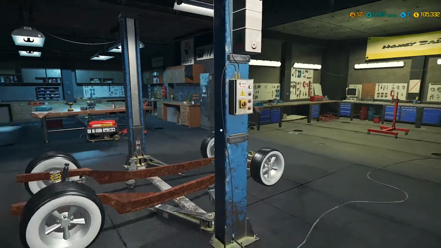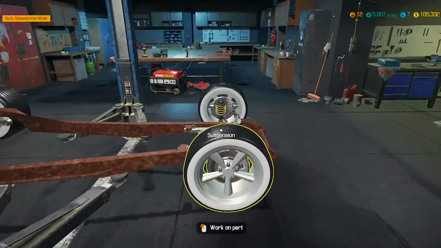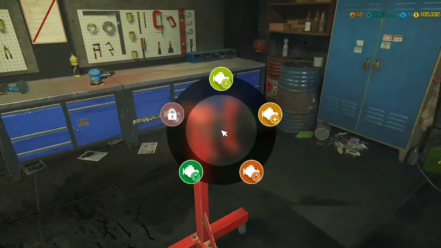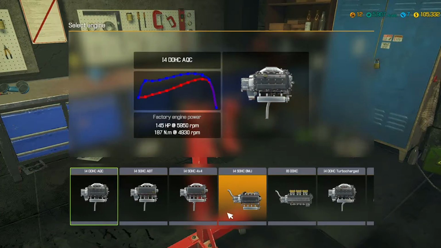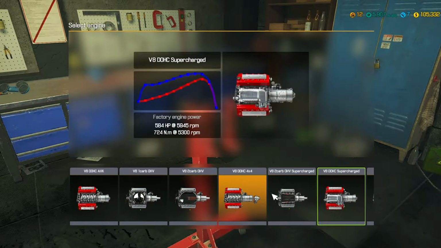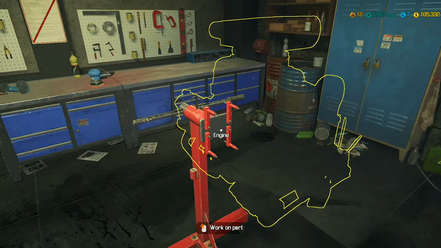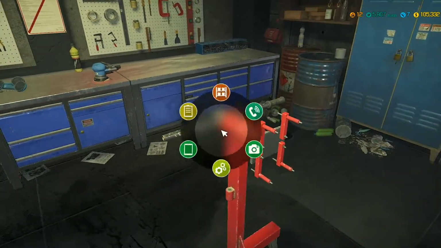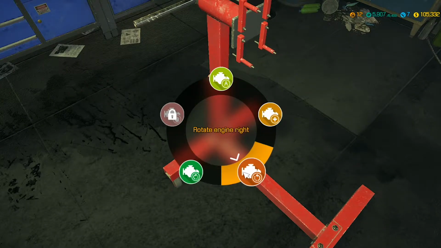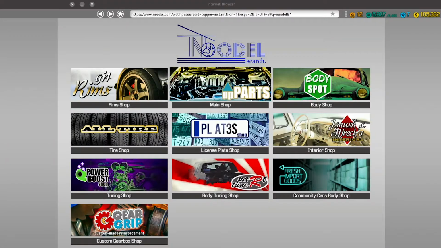Technically I don't really need to put the car on the lift just yet, but we're going to be building the engine today. So that is super fun. So we're going to go create new engine. And since we're doing a supercharged dual overhead 2 carb, that is our blueprint for today. Boom. And to make this super easy on myself, I'm going to be rotating that to the right. And then